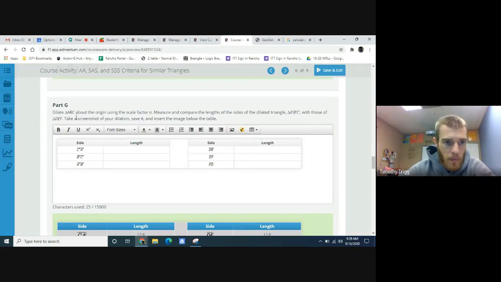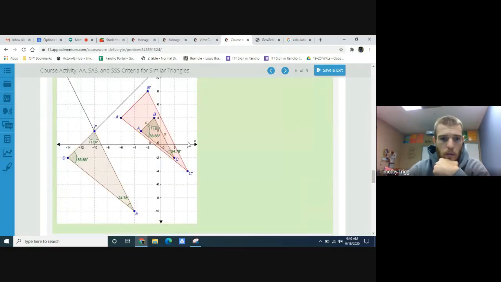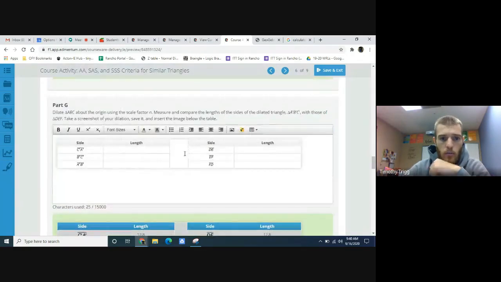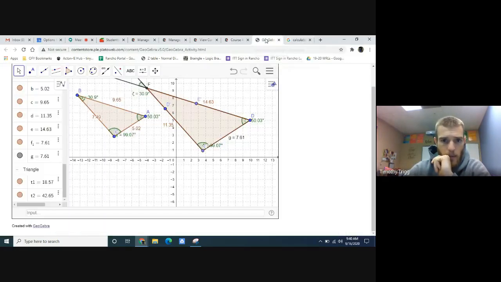All right. Dilate triangle ABC about the origin using a scale factor n. Measure and compare the lengths of the sides of the dilated triangle ABC with those of DEF. Take a screenshot of your dilation, save it, and insert the image below. Okay, so what is that going to look like? Okay, so go back to GeoGebra. Go back to GeoGebra, and we want to dilate triangle ABC